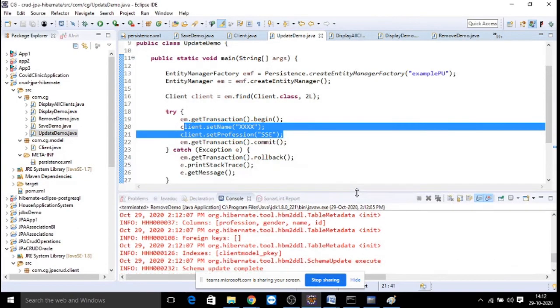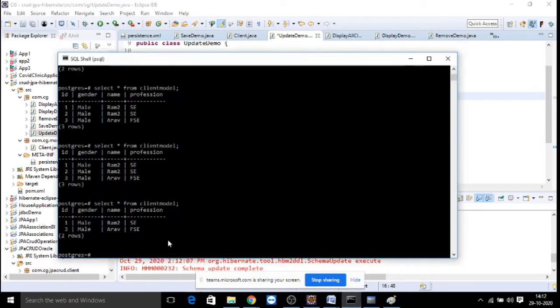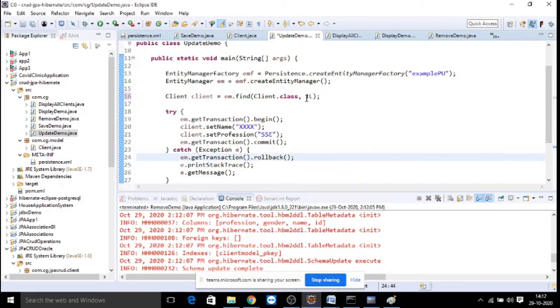Updating means modifying. Let us say for my first record, the name of the person is Ram2, profession is SE. Now I wanted to change it. So first I will load it, meaning first I will find it. After loading, I got my object.